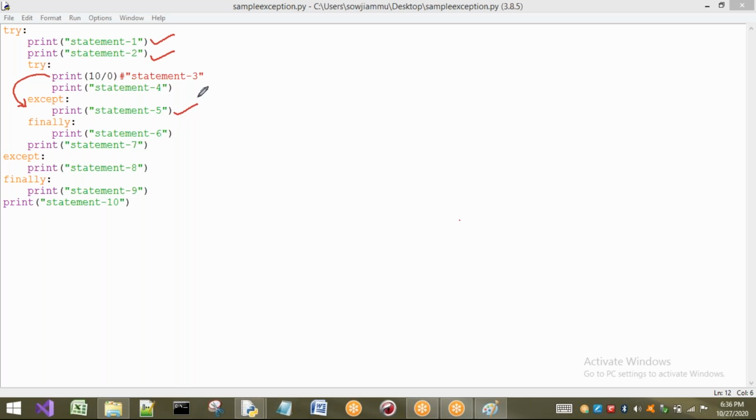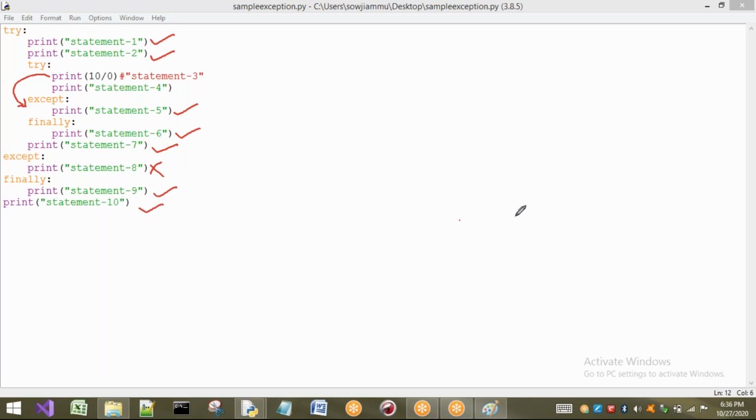This statement is going to be printed. Now the exception is raised and it is handled, so the program will not terminate abnormally. See the case here. Whenever an exception is raised and it is handled in any case, the program will be terminated normally. So it is printed anyway, finally will be printed. This is printed, and we are not going to this one because there is no error in this try block. Next, finally this is going to print, and this is going to print.